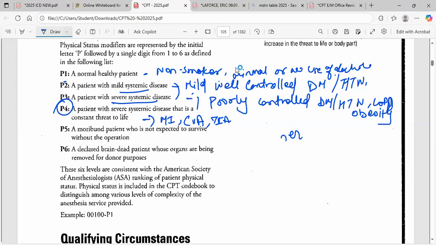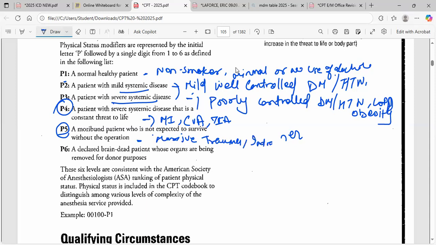And at the end, we have the P5 modifier. Any patient who is not expected to survive without the operation. So we have to treat that patient emergently. If we are not going to treat that patient right now, then there is a high risk, very less chance of survival. So examples are massive trauma. Let's say patient had a very massive trauma, any massive accident,